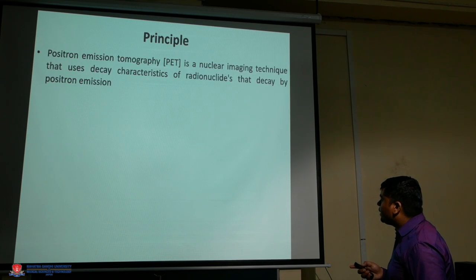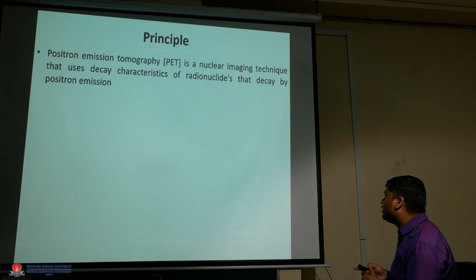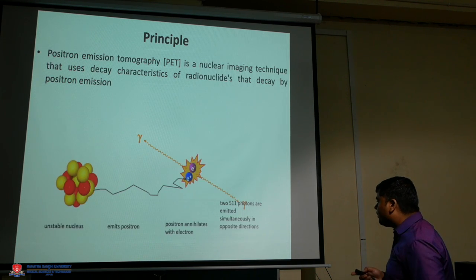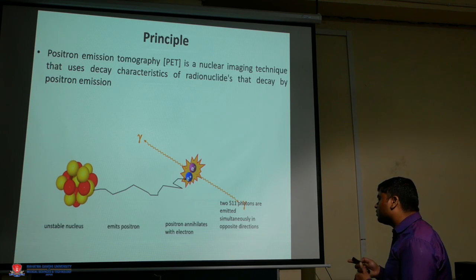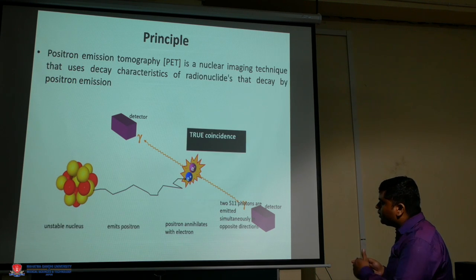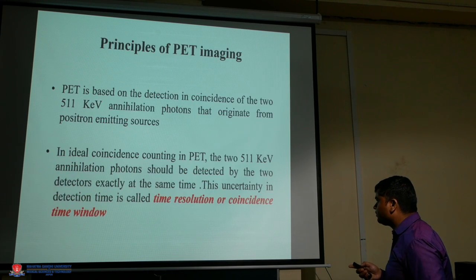In the principle of the PET-CT system, we select radionuclides which have the property of positron emission. The emitted positron travels into the target tissue, and where the positron collides with an electron, there is an emission of 2 photons with the same energy, 511 keV, and these are detected by the opposite detectors on the PET detector rings. This is the basic principle, and this is called a true coincidence, a true event for detection.